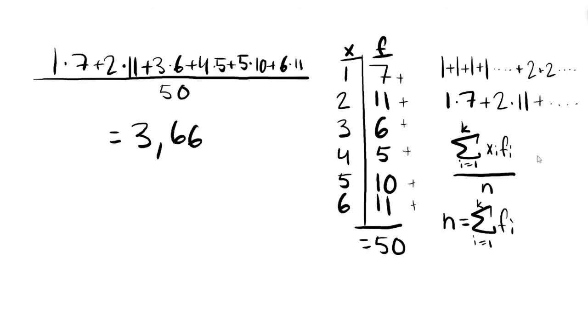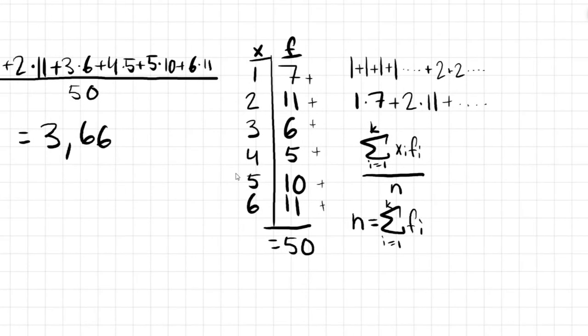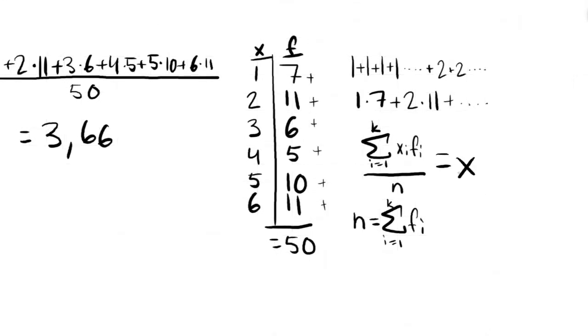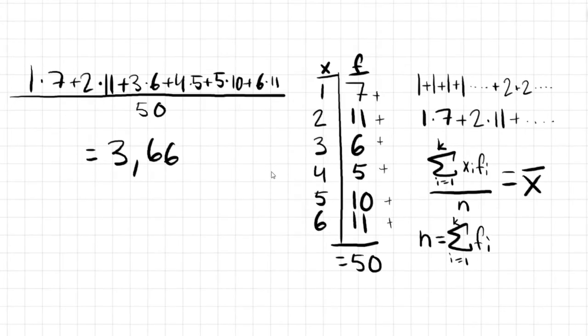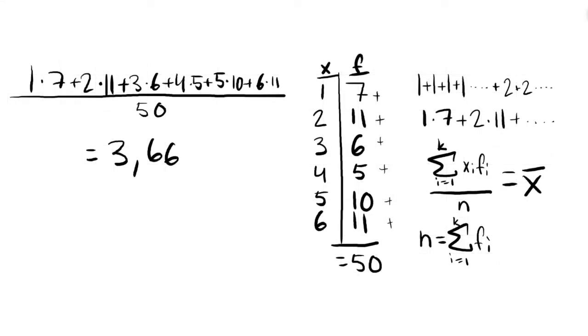And like I said before, this formula, it is the same as before, but with a little twist to make it easier when we have very repetitive numbers like this. But it is still x bar. So if you would have x bar in another formula or something, or just calculate x bar, you will just have to look at the example you have in front of you, which formula would be easiest in this scenario. And like I said, you can use either of them anytime you want. It's just sometimes one is easier than the other. It's just as simple as that.